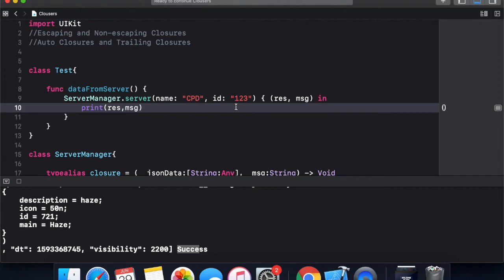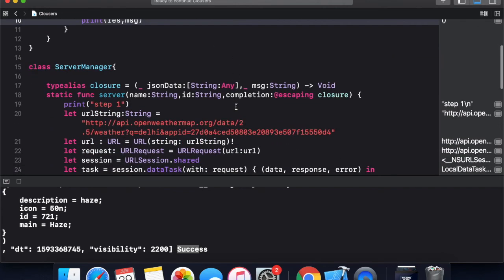To avoid those curly braces, we can use auto closures. Auto closures have some limitations: if we are passing a closure as a function parameter, the closure should not have any parameters.